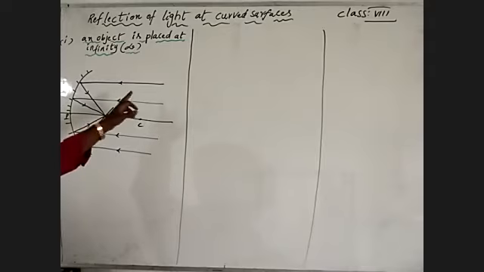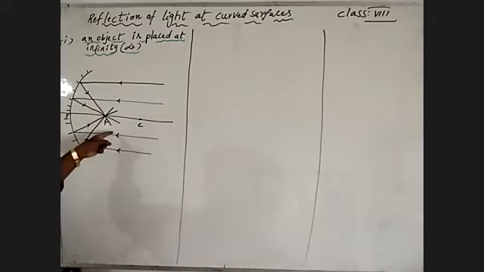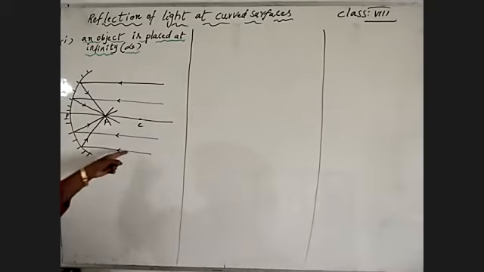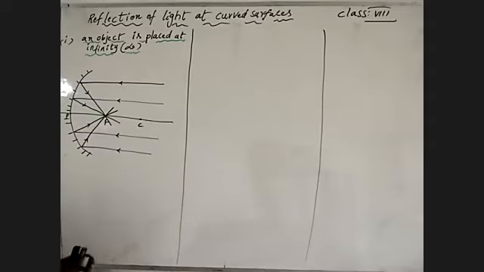Also, two light rays coming from the top of an object bring the image downward. Two light rays coming from the bottom of an object take reflection upward. Means what happened? Top has become down, and down has become top. The image is reversed, which means inverted. What type of image is formed?